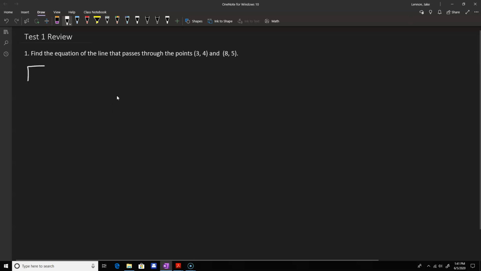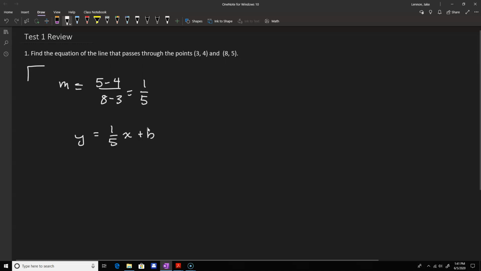We're just finding the equation of a line that passes through 2 points. So we just go ahead and first find the slope. We do that using y2 minus y1 divided by x2 minus x1. So I have 5 minus 4 in the numerator, and then 8 minus 3 in the denominator, and I get a slope of 1/5. So then my line has to look like y equals 1/5 x